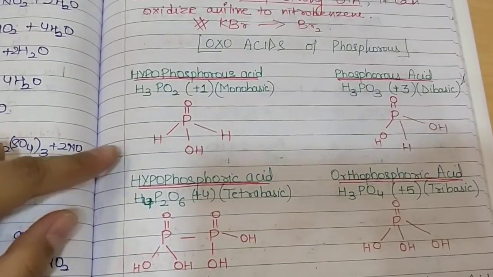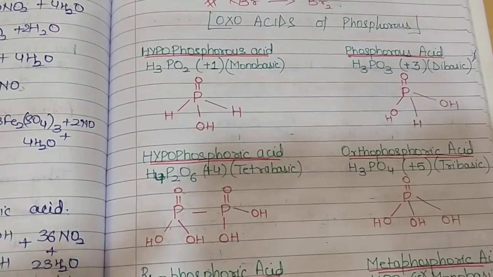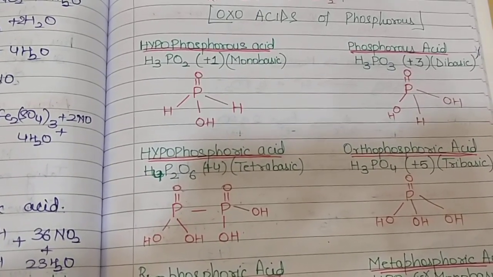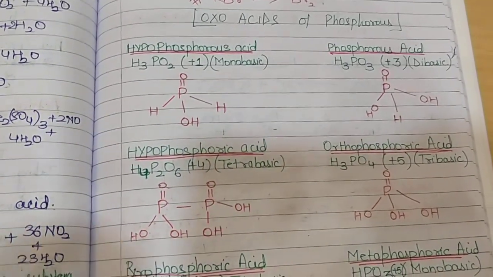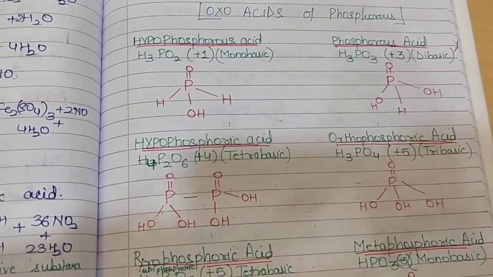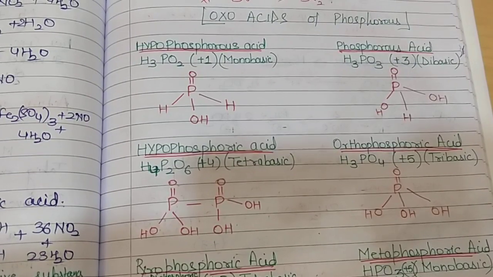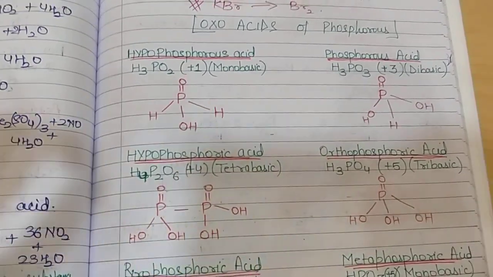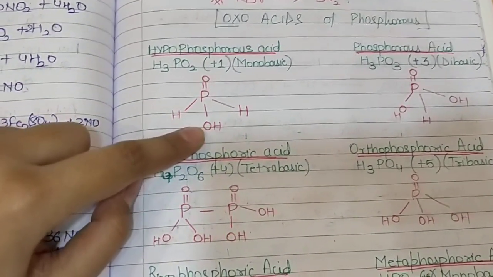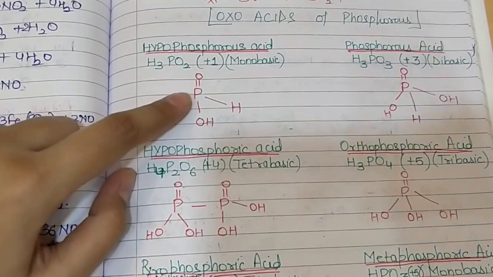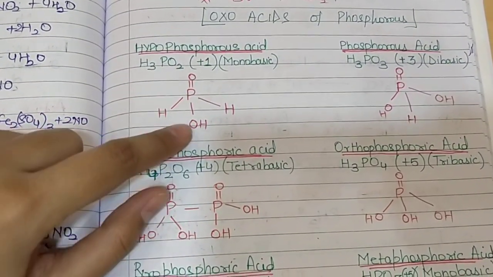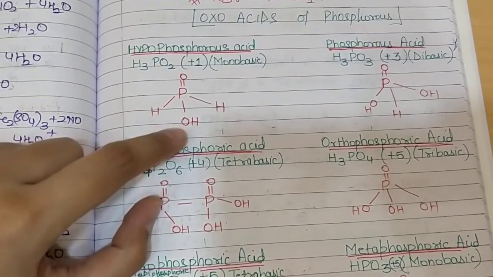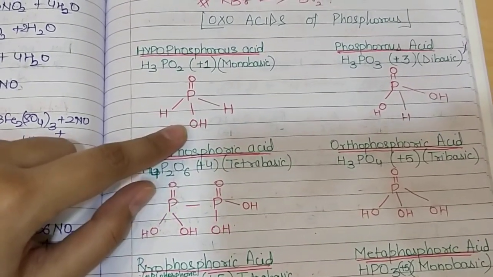Just the idea of what is there in the structure: whenever we have the oxoacids of phosphorus, oxoacid means that some element of which the oxoacid is there is attached to oxygen, which is further attached to hydrogen. That linkage is always there. If we are doing the oxoacids of phosphorus, that means a P-OH bond is always there. At least one P-OH group is there, where the central element is attached directly to oxygen, which is further attached to hydrogen, which is ionizable. That is why, due to the presence of this bond, these are called oxoacids of phosphorus.